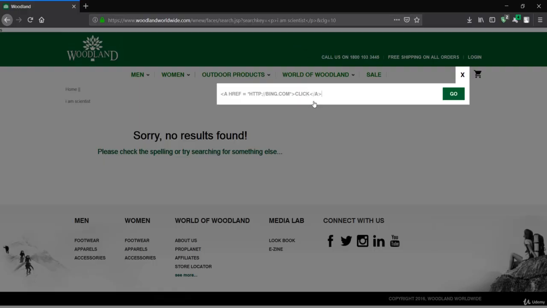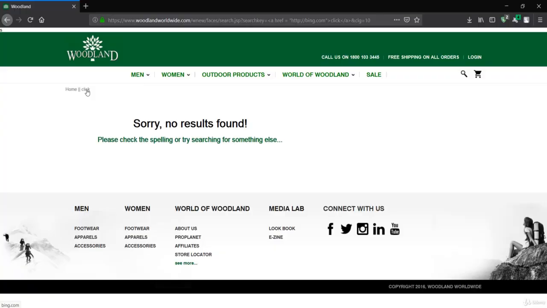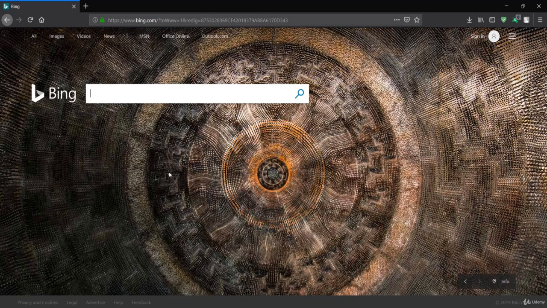The anchor tag is basically having this URL, so this is a kind of URL redirection. When I say go, you will see it has a click over here. When I click, it will redirect me to bing.com.